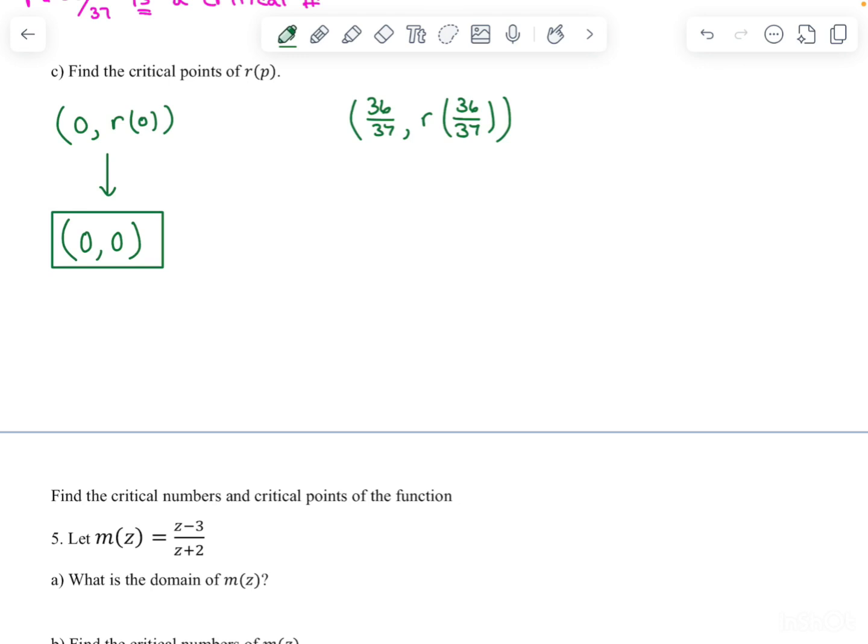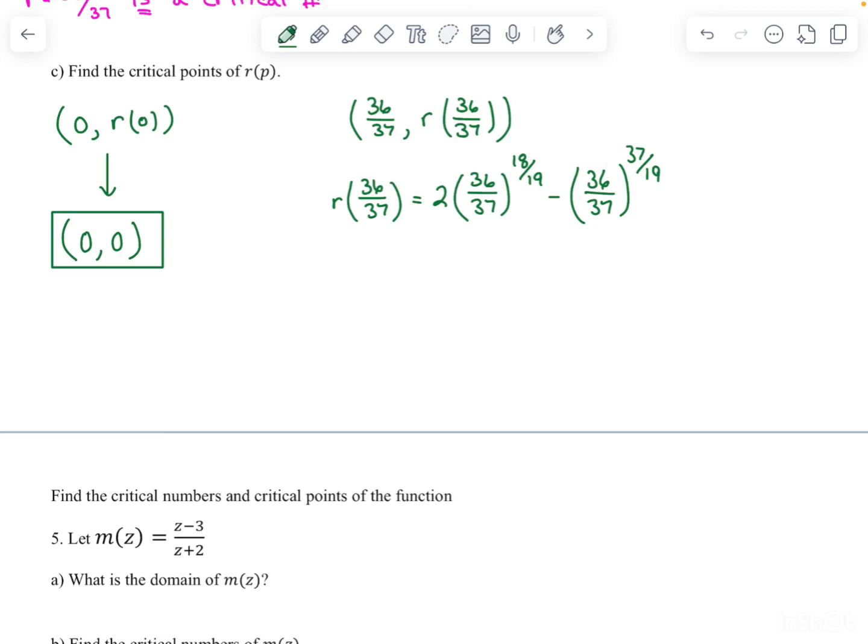For the second coordinate, I'm going to evaluate the function when p is equal to 36/37. So we have r of 36/37 is equal to 2 times 36/37 raised to the 18/19th power minus 36/37 to the 37/19th power. And there really is no good way to simplify that, so what I'm going to do is just